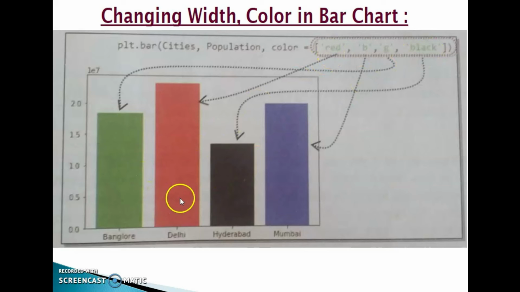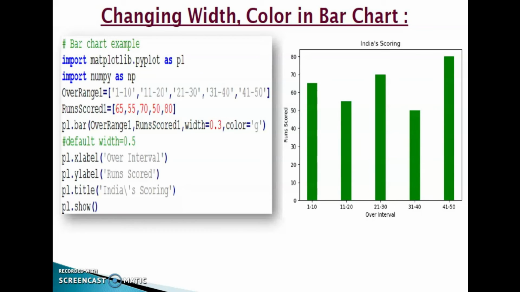Red for Delhi. In that particular city list, we specified the Delhi value as first. Then second, B for Mumbai. Second value is Mumbai. Then G, that is Bangalore. Third value is Bangalore. Then black, fourth value, that is Hyderabad. Okay, clear this one? Check this program, changing width and color in a bar chart.